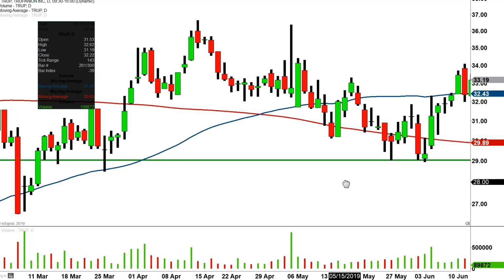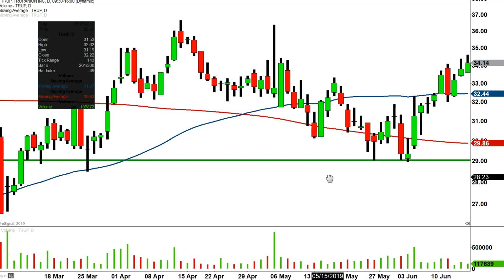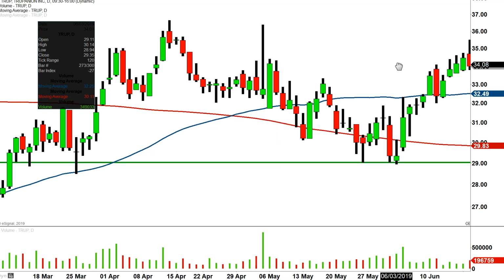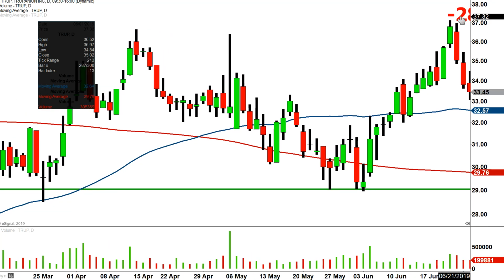But you can see just what an absolute, not good. And that's why I say yikes, because what a cruel move. It suckers people in with the temporary break. And then from there, it just says, haha, just kidding. And then from there, it just kept on running and ultimately went up and could have created a loss of 28%